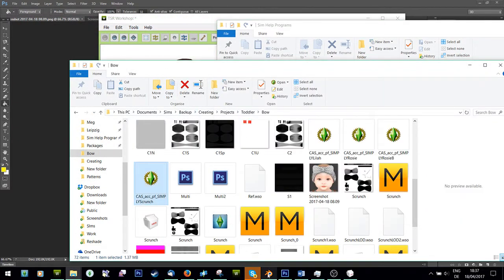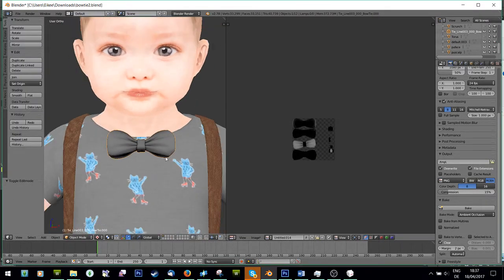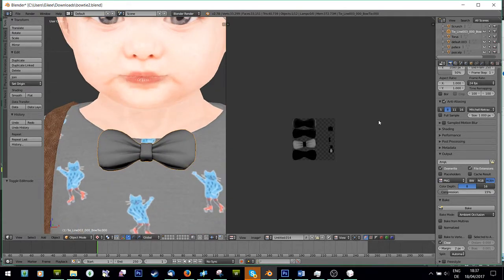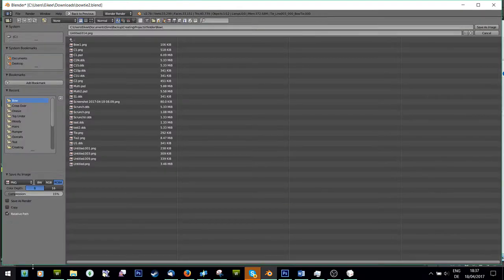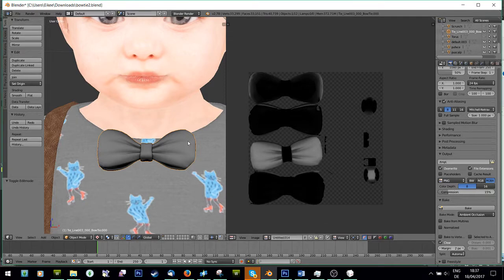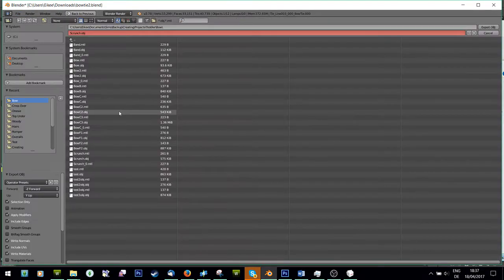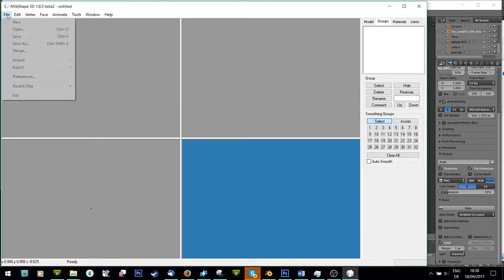Right, you're done. Back to our bow tie. This is going to be my necklace because I don't have a necklace, so I'm using a bow tie. But it's the same principle. Again, save as image. I'm going to name this tie. And again, export selection only if you have multiple things. And you're going to do the same thing. You're going to import